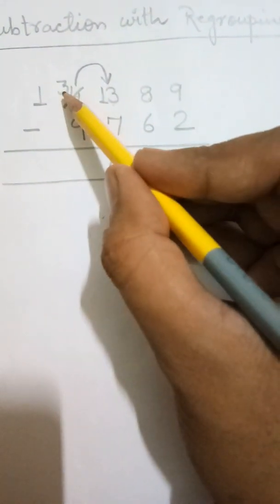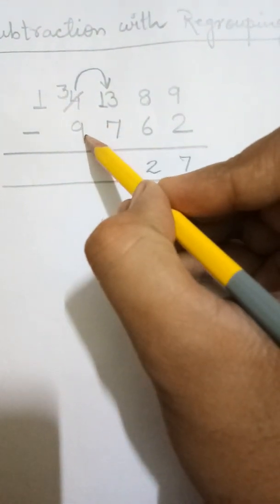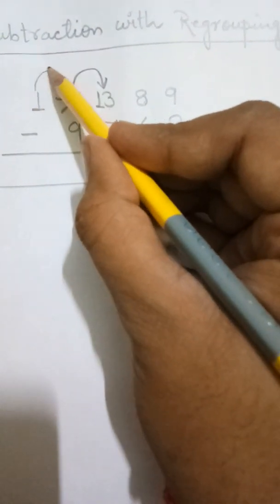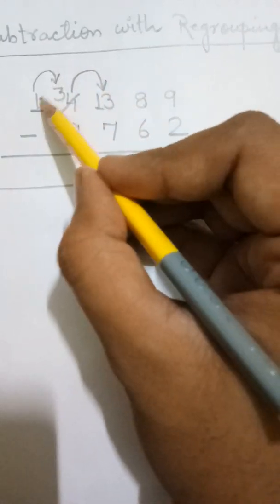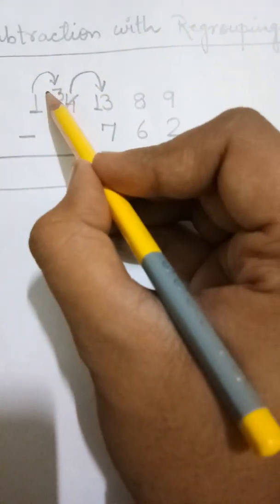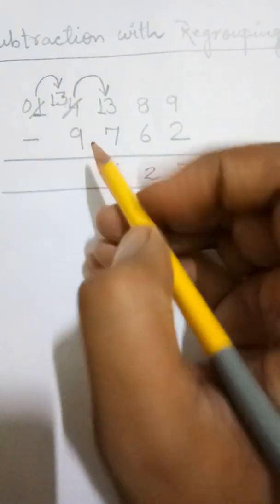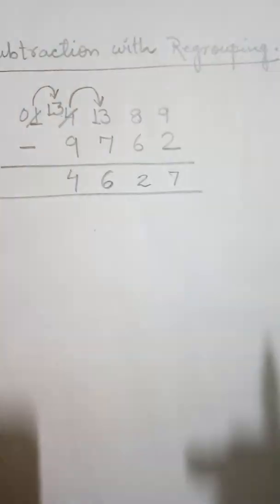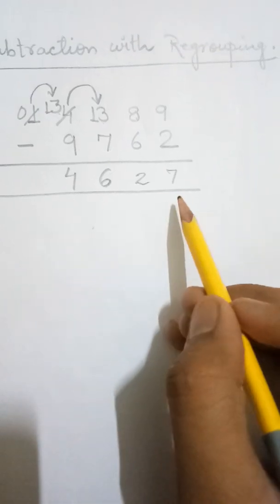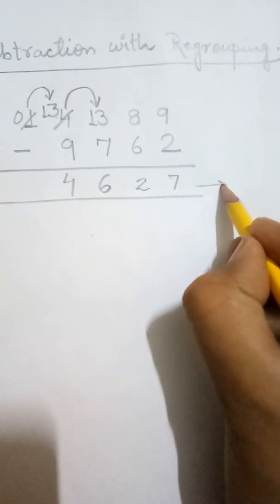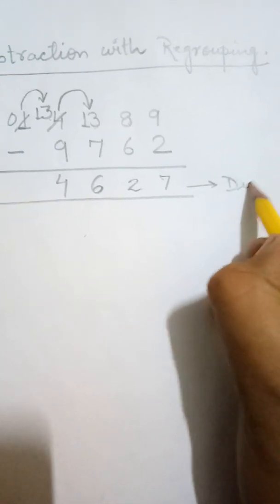And then now it is 3 and this is 9. Again subtraction is not possible, so this 1 will give 1/10 to 3 and it will become 13, and this will be 0. So 13 minus 9 is 4. This is your answer. Always remember that the answer in subtraction is called difference,